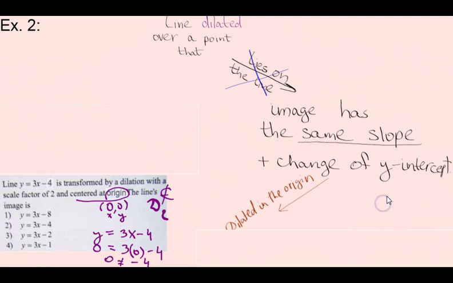Therefore, we will not be talking about construction. In fact, since it's dilated about the origin, we will be able to find the new y-intercept, which will be produced by multiplying your coefficient, that is 2, by the original y-intercept, which is -4. So it will be -4